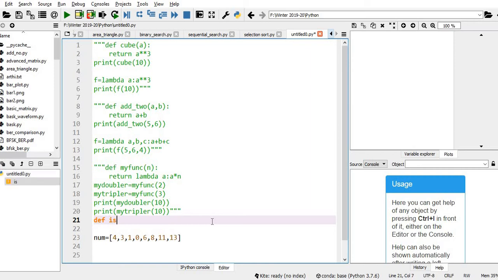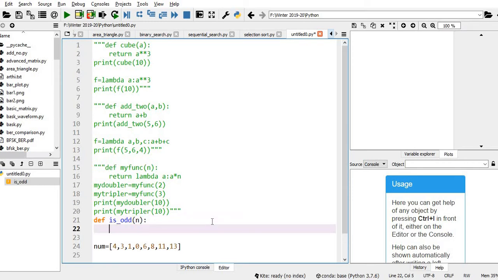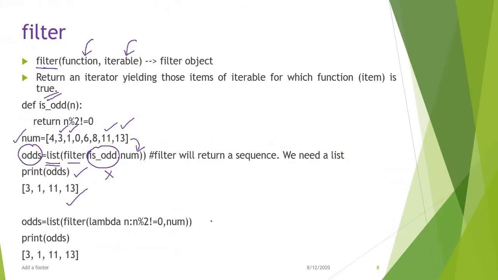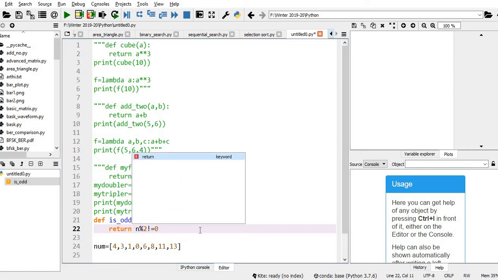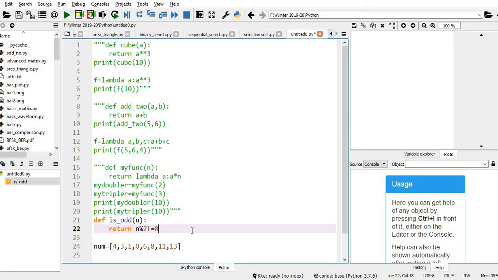Define is odd, where n is the input. If n divided by 2 is not equal to 0, return n mod 2 not equal to 0. If it is even, it should be 0. This will return true or false.